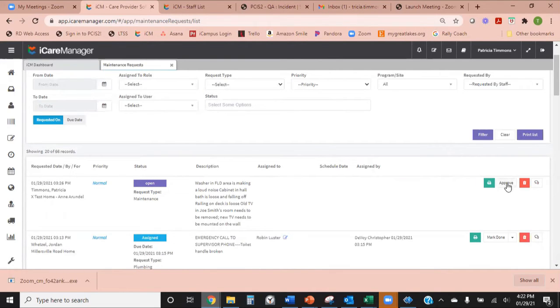Okay, but the next step in the process from open would be to approve it. So Mike and Chris can approve a ticket. You go in and it'll change it to approved. And then once a ticket is approved, you can go ahead and click on here to actually assign that ticket, either to an outside vendor or to somebody on our maintenance team. So if you click on here,